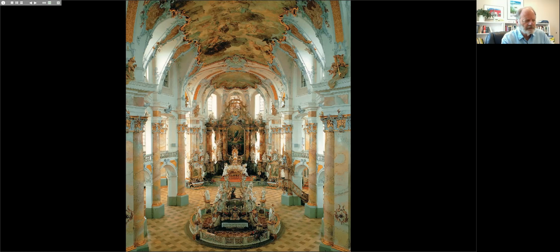So Neumann had to contend with these two altar sites and somehow integrate them together. You'll notice that all we can see here are curves, concave curves that sweep away. And that is because the plan is mostly made up of ovals, which intersect one another. So you can see that the biggest oval is here, filling much of the nave of the church.